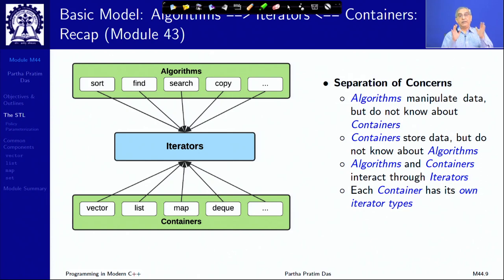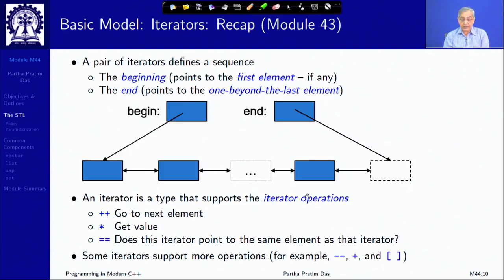We have talked about the basic model, that the basic model is to separate the concerns of an algorithm and the container separately. The container and algorithm interact through the concept of iterators, which go over the data structure in a physically or virtually linearized form to give the algorithm the next data element as and when it needs, and starts from the beginning, goes up to the end, or wherever you ask it to start and wherever you ask it to end. So, with that, the basic advantage we noted is that the iterators which are marked by the beginning of a data structure to one beyond the last element of the data structure can be clubbed